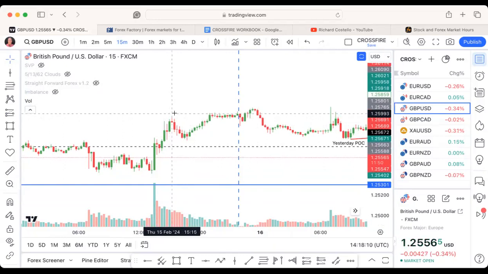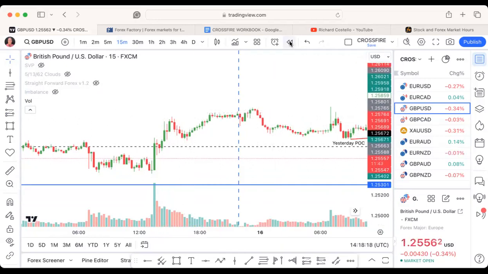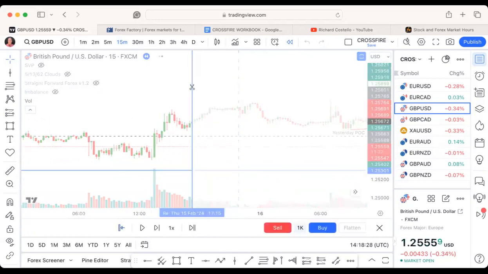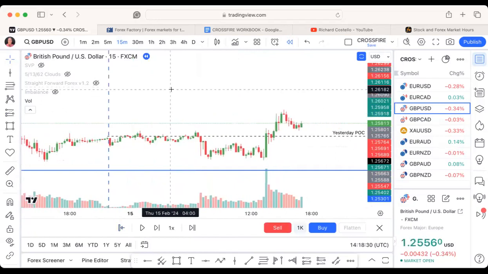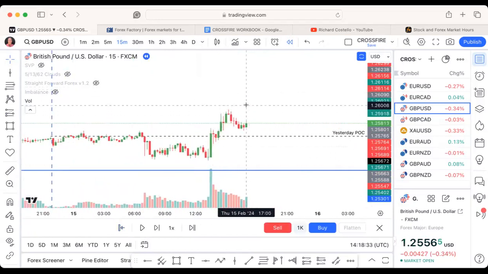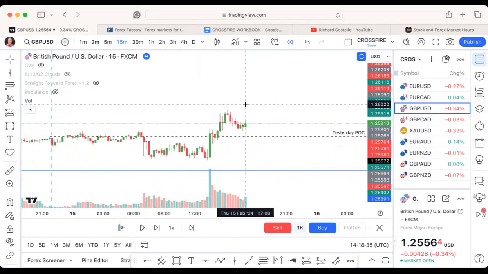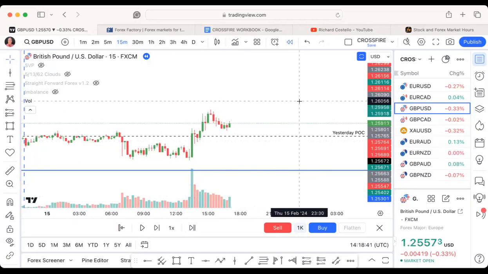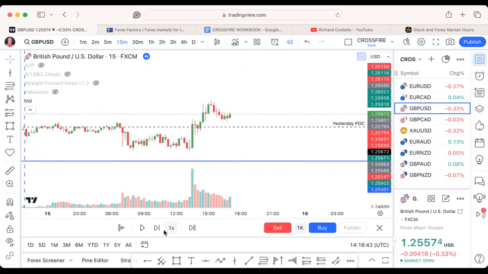Where are we? There we go. That's 5 p.m. yesterday. So what I do is I go to these little 2 arrows, bar replay, and I put the replay on at 15 minutes past. So what I'm looking at there, that's yesterday's 5 o'clock candle. And what I would do is I would keep this on, and I would move this forward one candle at a time,